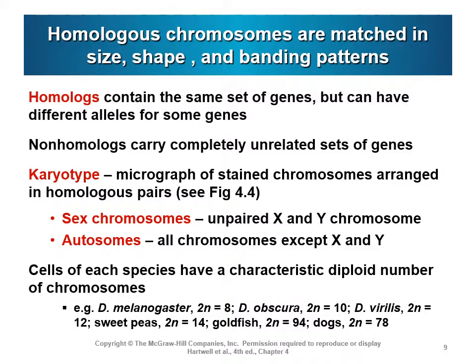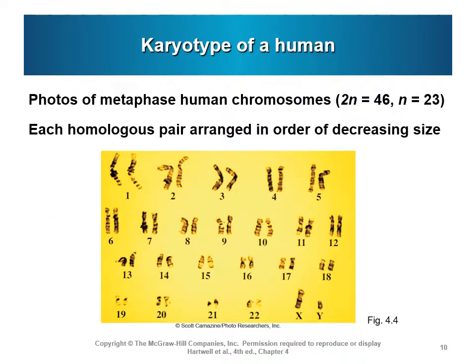Karyotype: micrograph of stained chromosomes arranged in homologous pairs. Sex chromosomes: unpaired X and Y chromosomes. Autosomes are all chromosomes except for the X and Y sex chromosomes. Cells of each species have a characteristic diploid number of chromosomes. Here is a map of a human karyotype. As you can see, we have a full set of chromosomes, 22 pairs of regular chromosomes and 1 pair of